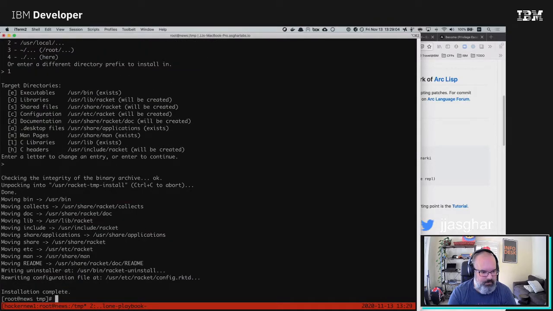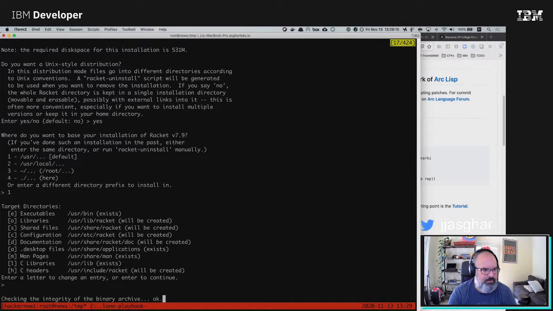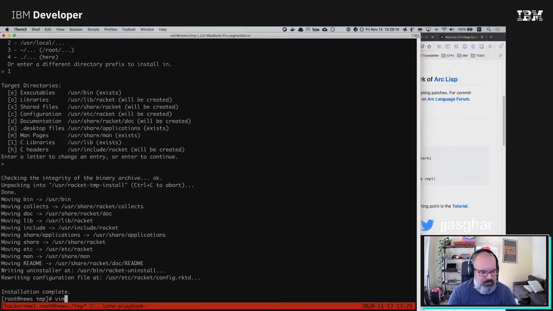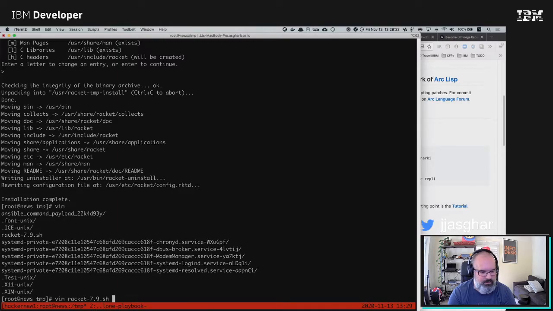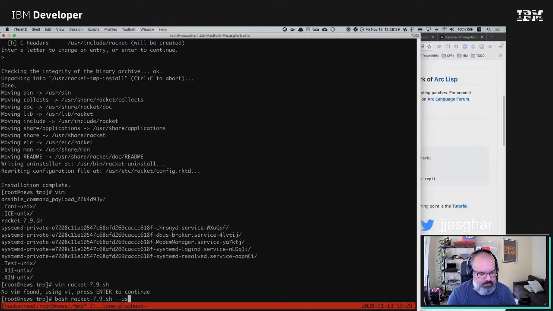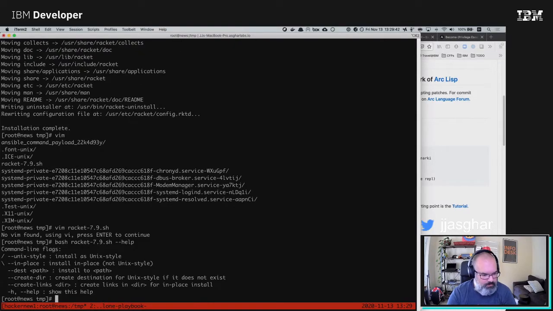Okay, so there were some questions we had to answer. One, and enter. Now, is there a way to run this without that? Here we go. Command line flags, Unix style. So if I do bracket Unix or help, so we can do Unix style